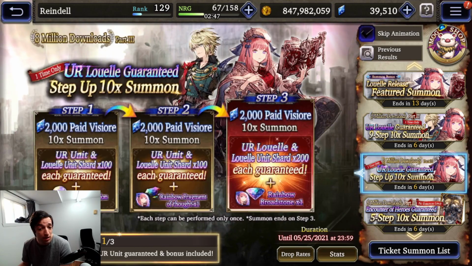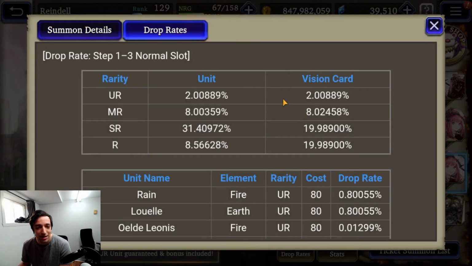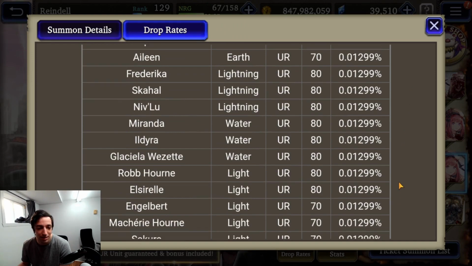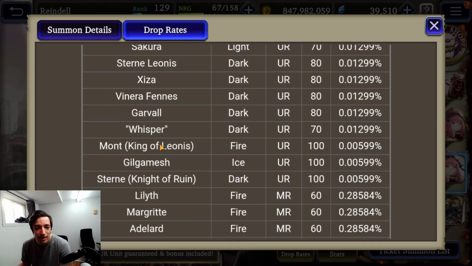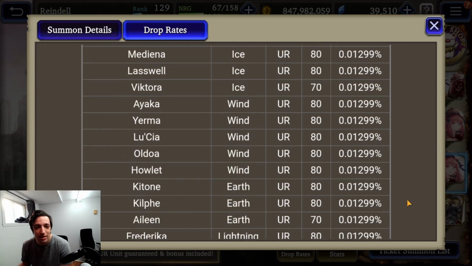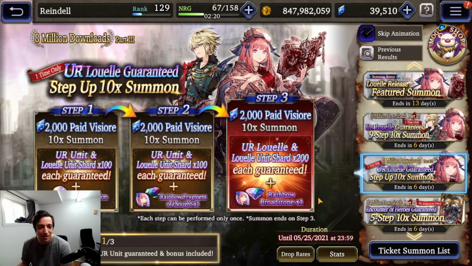So let's go, and even if I do pull Louelle in steps 1 or 2, I'll still go all the way, just because the shards are worth it by themselves. So I'm taking a look here at what we have. I'm not sure who's actually in the step up. All right, King Mont is in there, so there is a very small chance of getting her. And then there's rates up for Rain and Louelle, so we might be pulling her more than the guaranteed pull,